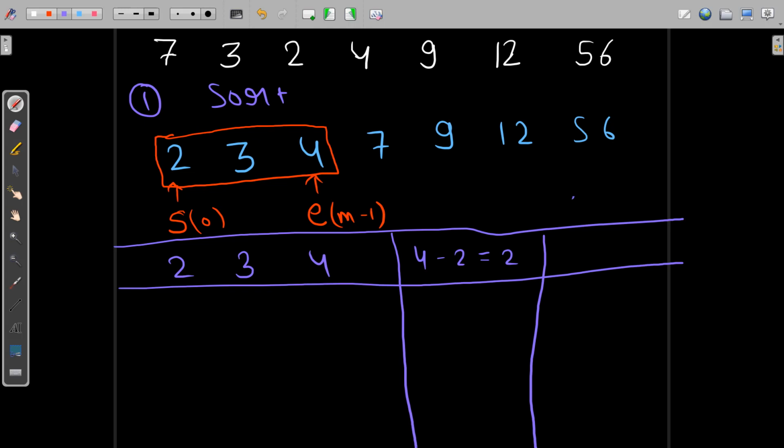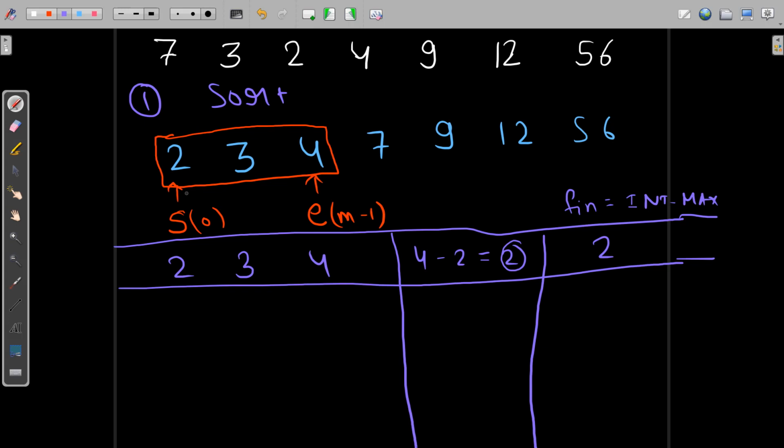Now we will take a variable fin and initialize it with INT_MAX, and we will keep updating this variable if we find a new minimum. Of course 2 is smaller than INT_MAX, so our fin will update to 2.